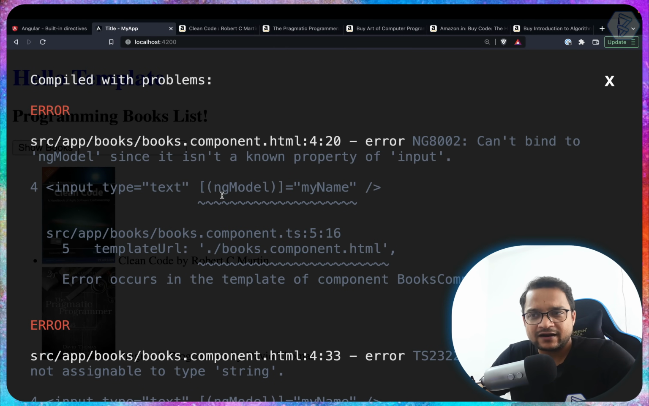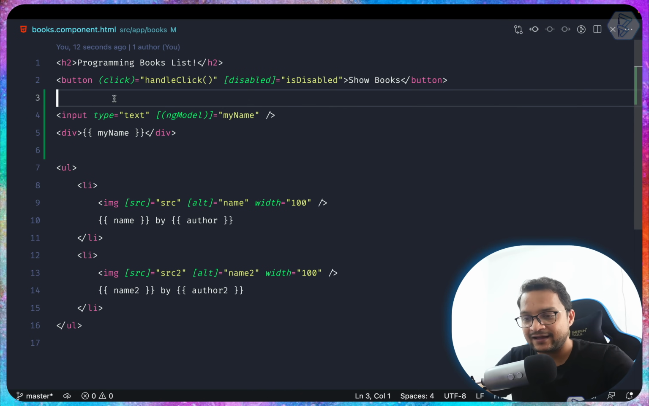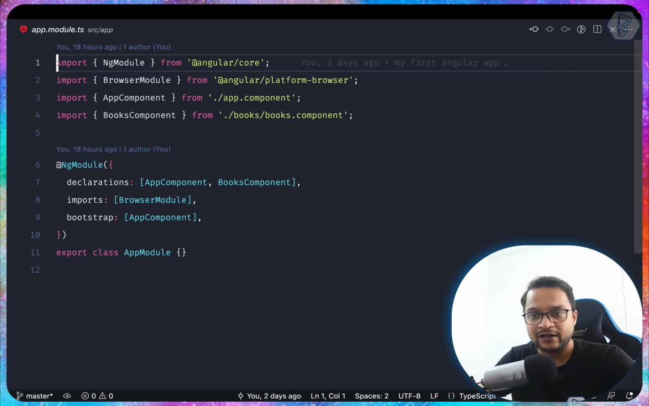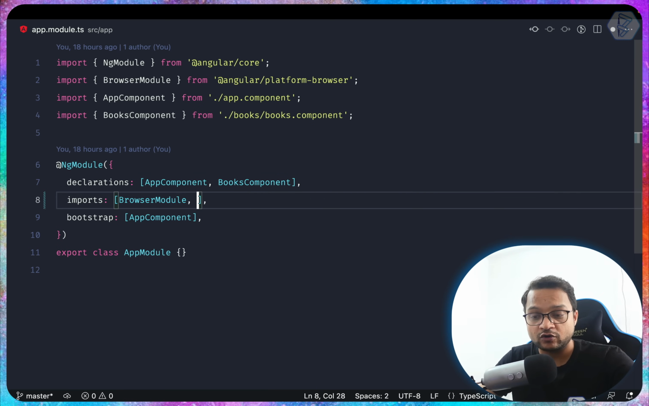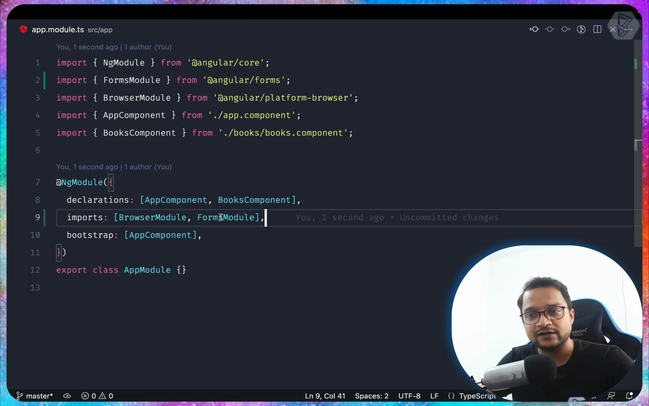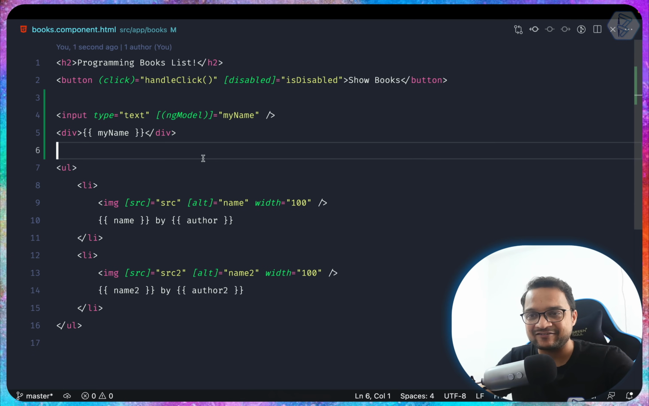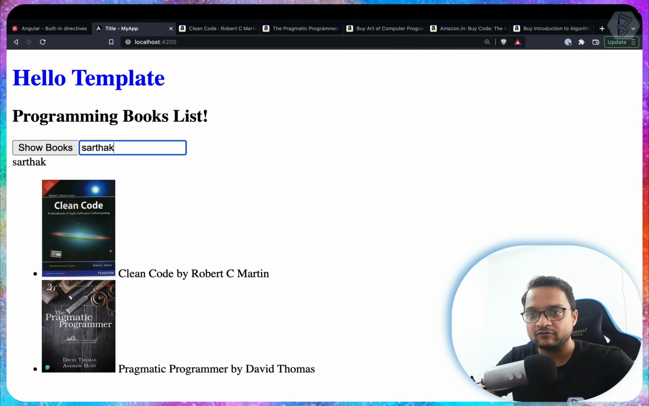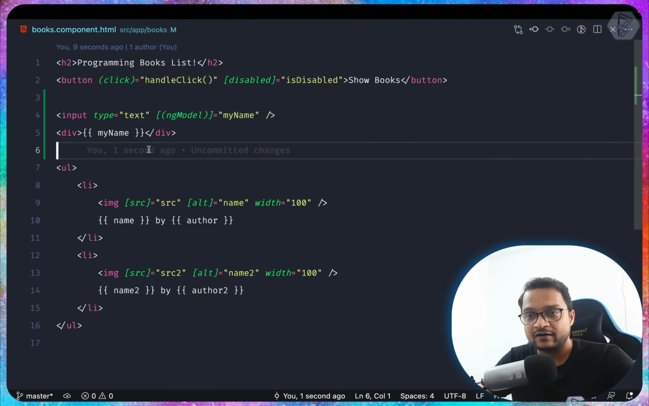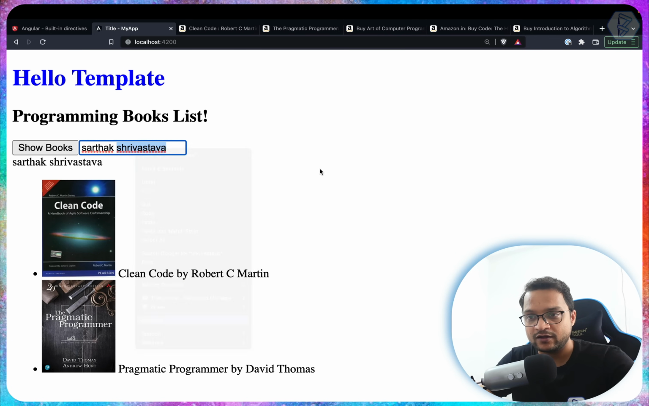But before that, we are getting this error. It says, hey, can't find this property on the input. Because this is not a normal property of input HTML tag, we need to go on the app module and import a new module called form module. Because this ng model is inside this form module. Ng model actually. So ng model is inside the form module, and now you can see it is working fine, and this is cool. And we have done this with the ng model, and you can see if I go here,